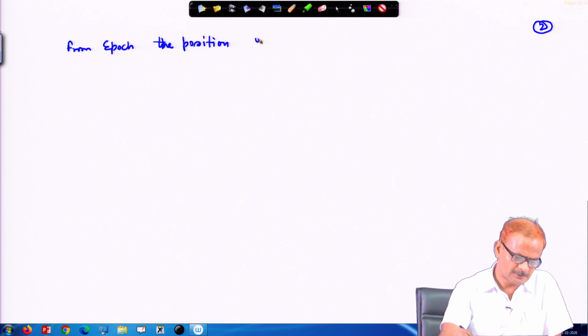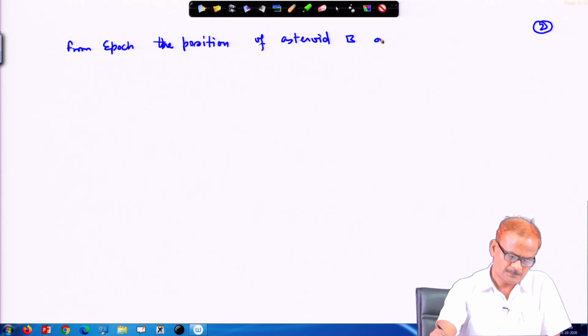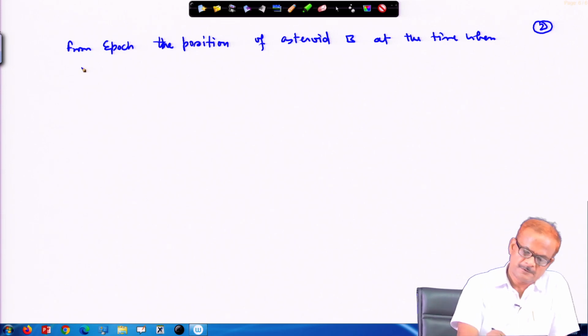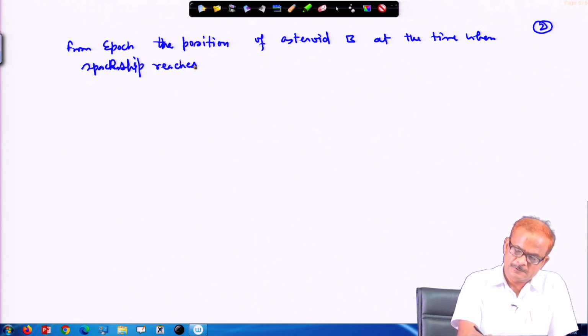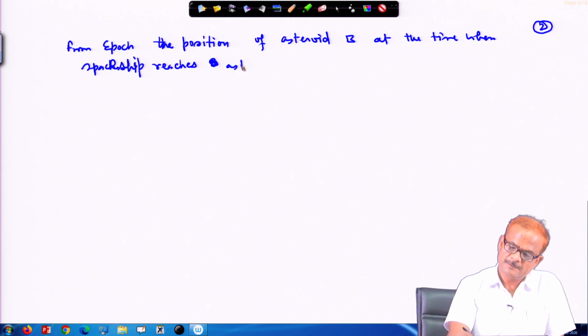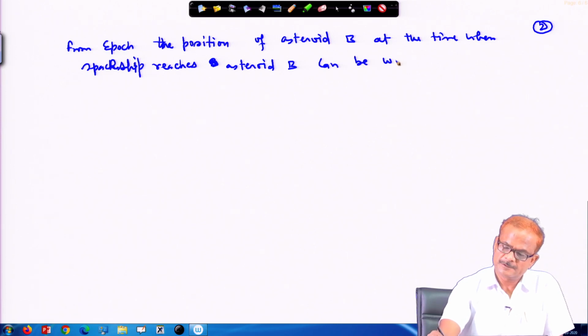From epoch, the position of asteroid B at the time when the spaceship reaches asteroid B can be written as